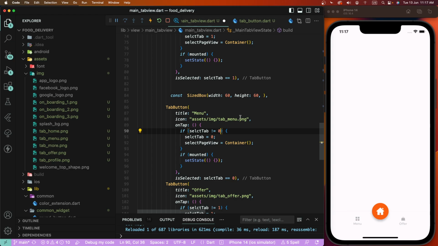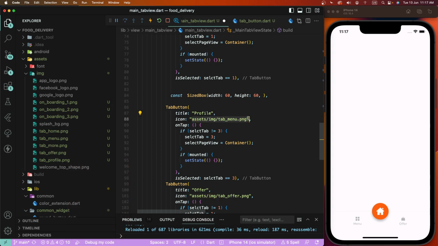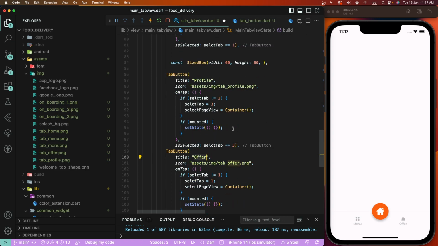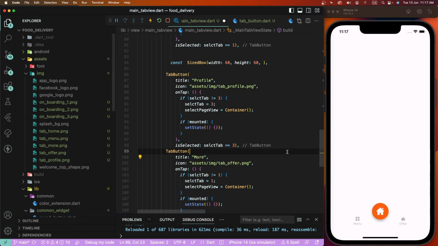Now we need to set here 3 and give here profile. Now we need to copy this profile relative path and paste here profile. Then we need to create here the more, copy the more relative path image,